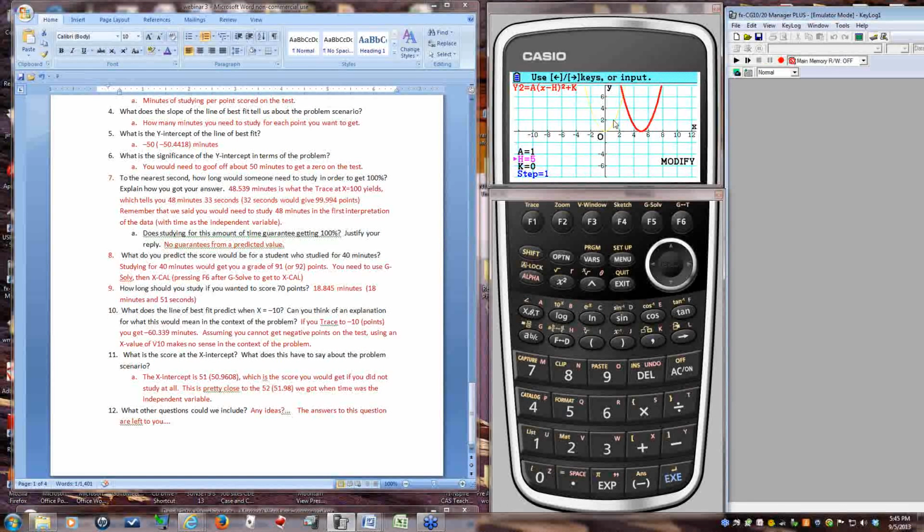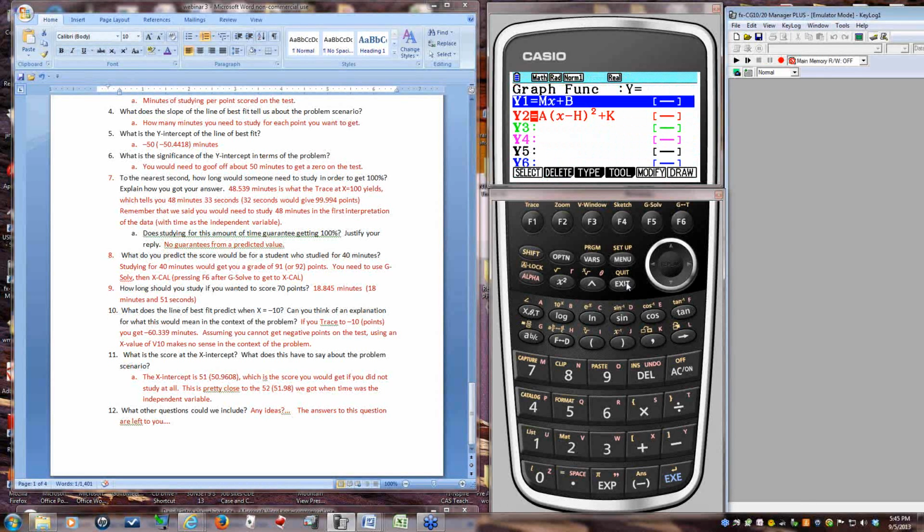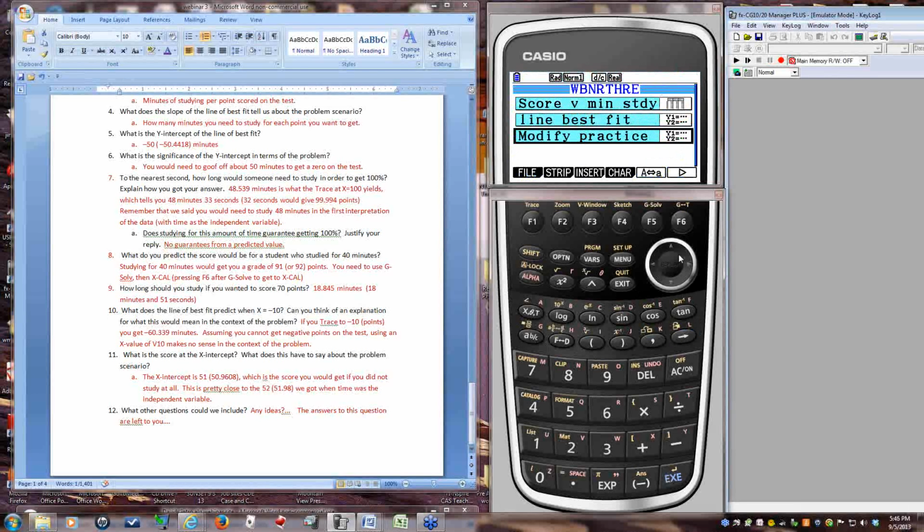Another feature on the calculator is to do that with the dynamic mode. But I just wanted to show you a real quick thing that you can do with Modify. You can actually do Modify with any of the built-in functions or with any of the parent functions of anything you graph, not just in middle school, but all the way through high school. So that's how you can do some things with data points and lines of best fit with Modify.